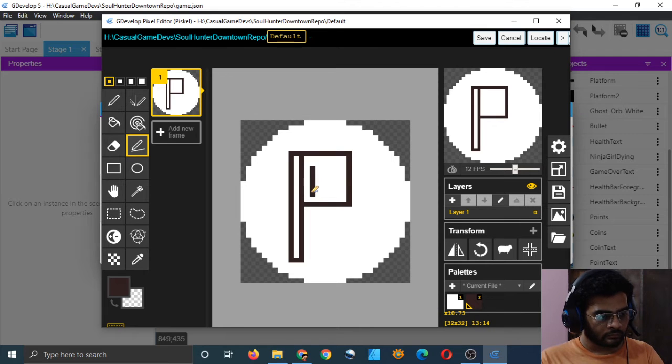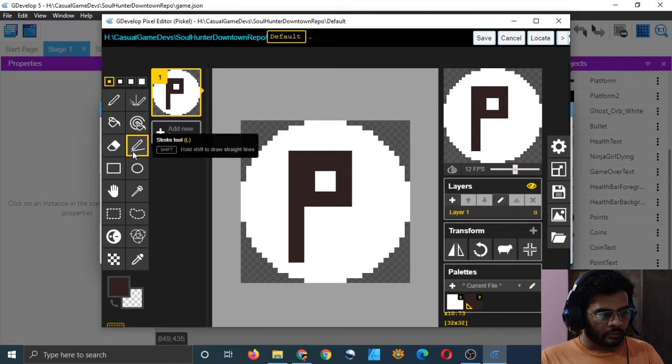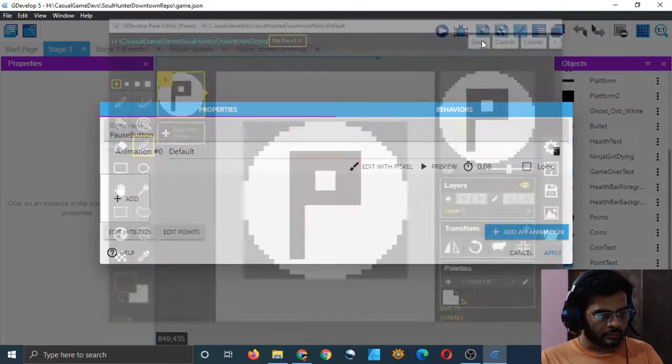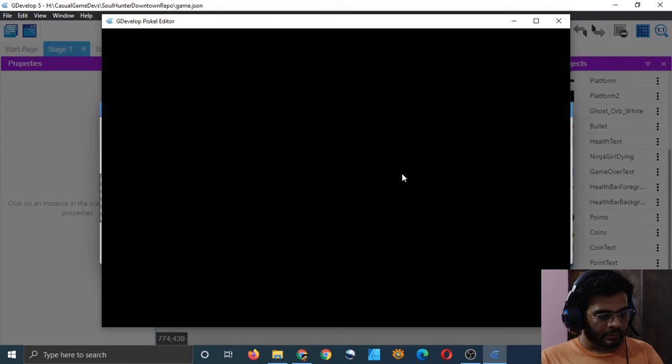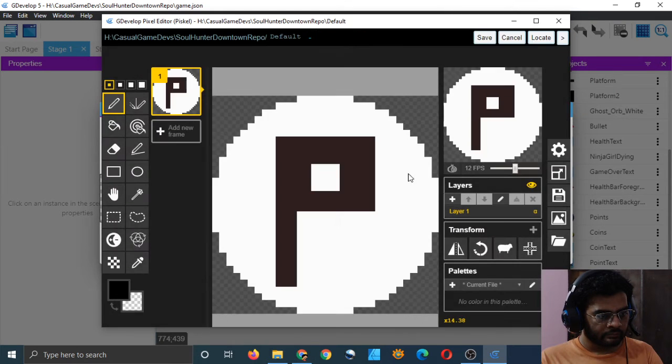Wow. Right. So just color it in pause. I think I should add one more line here or maybe one more line here. Save. But wait, I have to change the size.